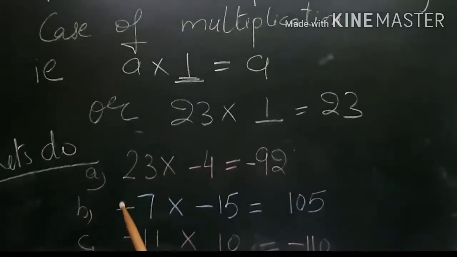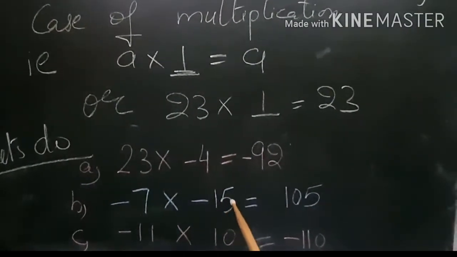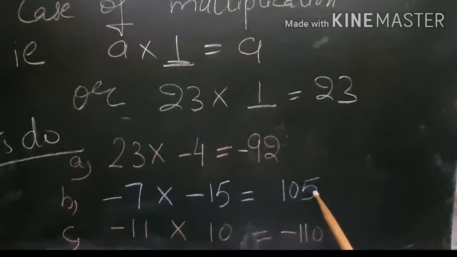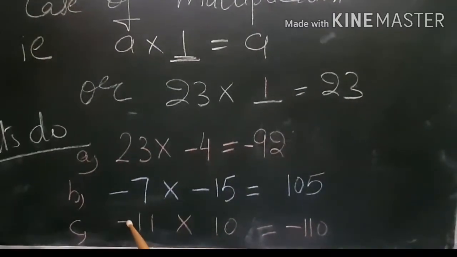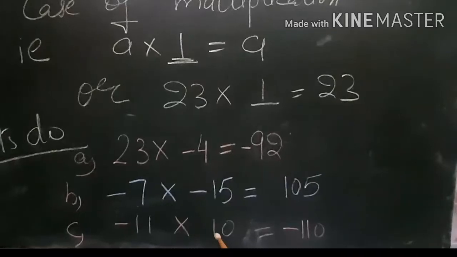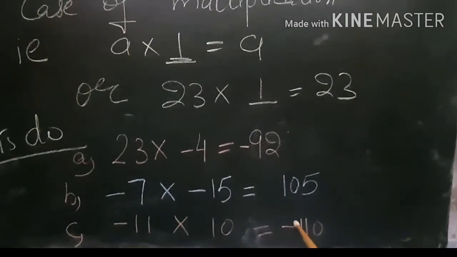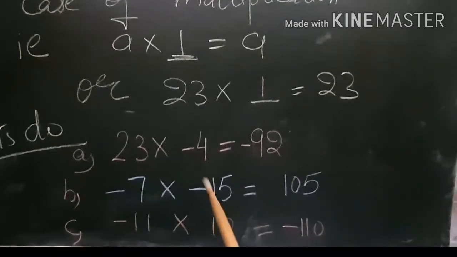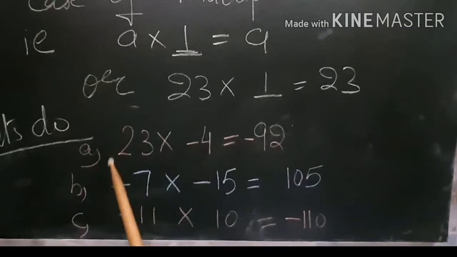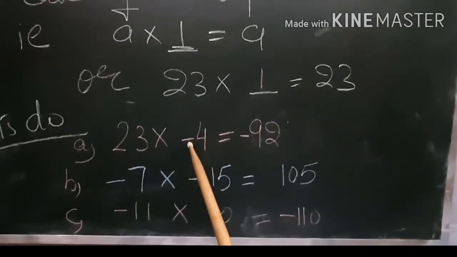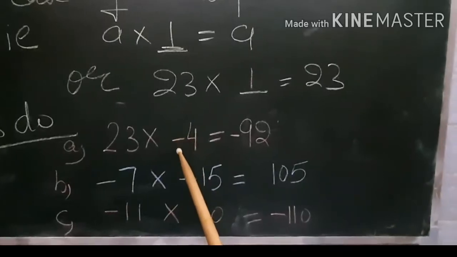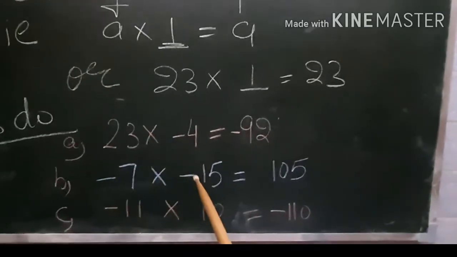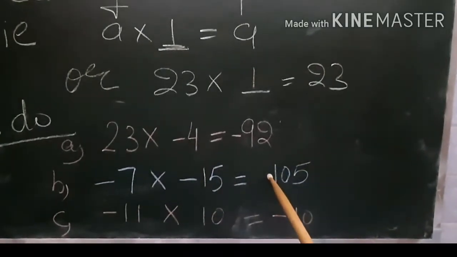Now, if both of your integers are negative, then their product will be positive. Minus minus will become plus. If your first integer is negative and another is positive, the answer will be minus. So it gives you a negative integer. So what I observe, in case of multiplication, if we have an odd number of negative integers, the answer will always be negative, and if we have an even number of negative integers, then the answer will be a positive integer.